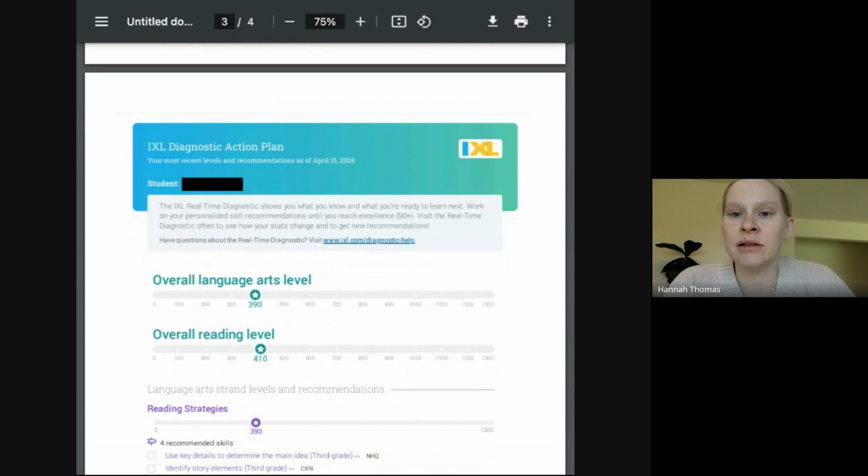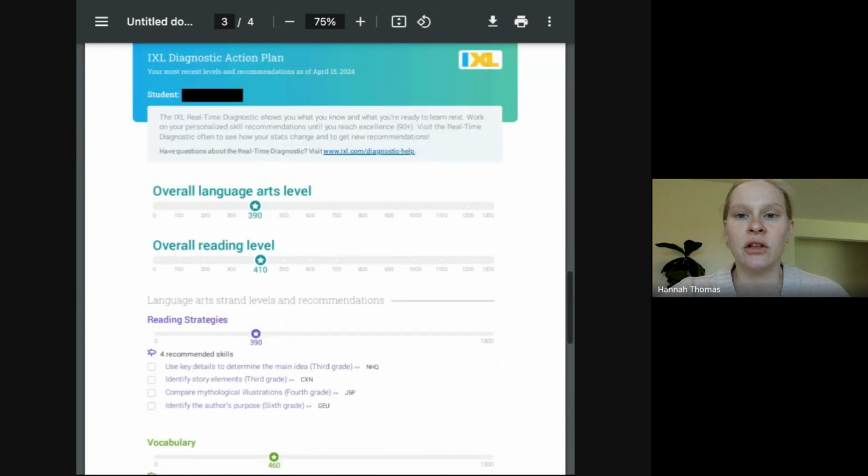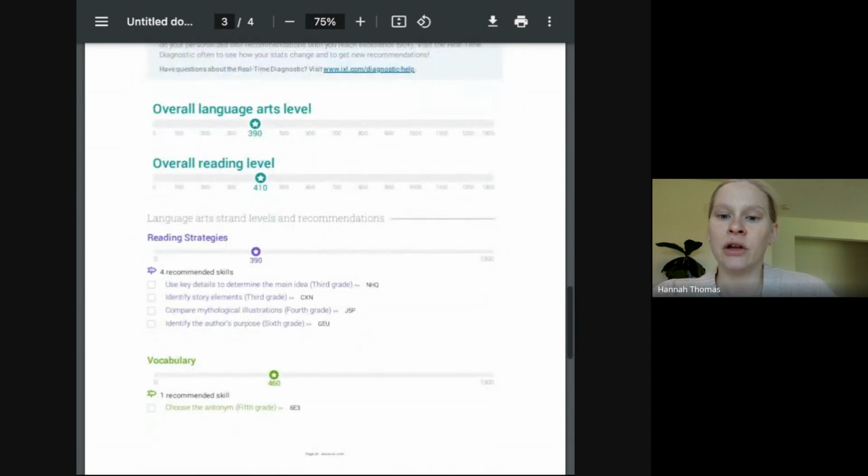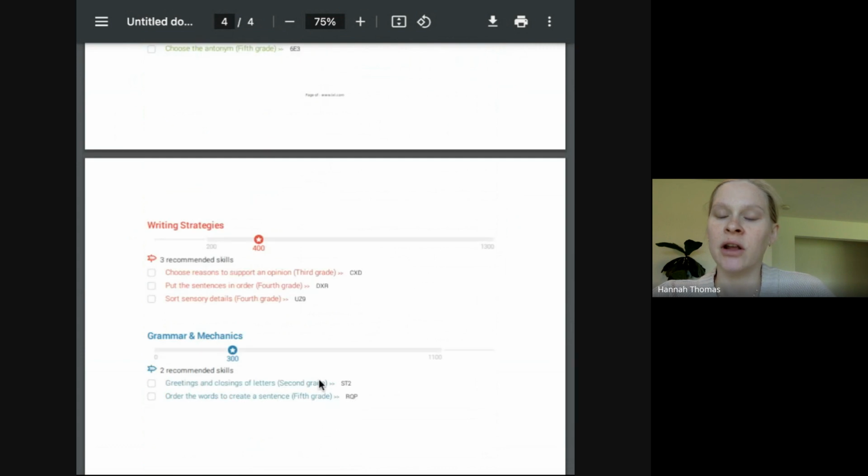As far as using this data to drive your instruction, if you don't continue using IXL, that's totally fine. This is still a really good representation of what you should look at when you are teaching your next skills. So again, when you're looking at this second grade standard, maybe you're not using IXL to follow up on, maybe you're not going to click this link and create an IXL account. That's totally fine. You're going to want to look at your curriculum that you do have at home provided to you,